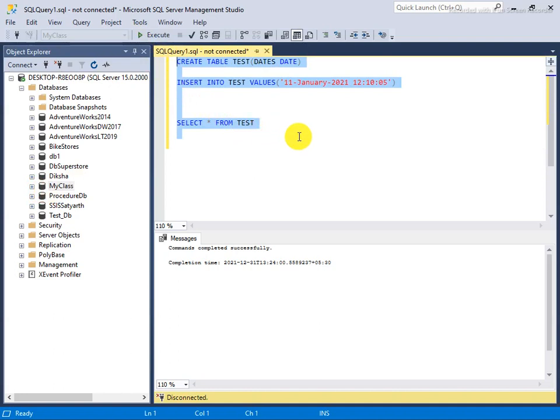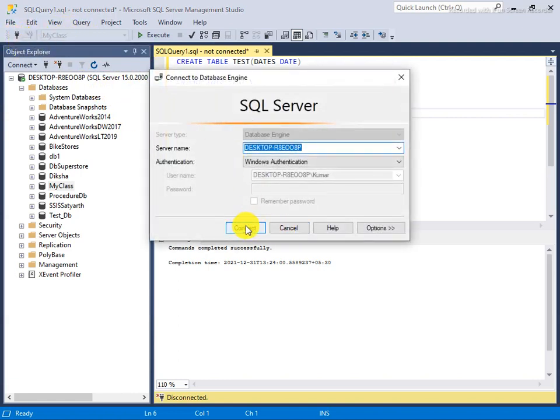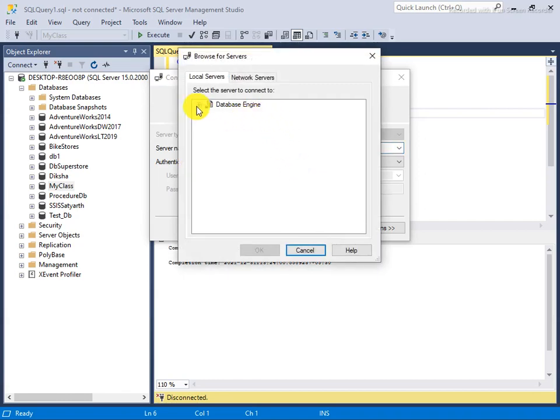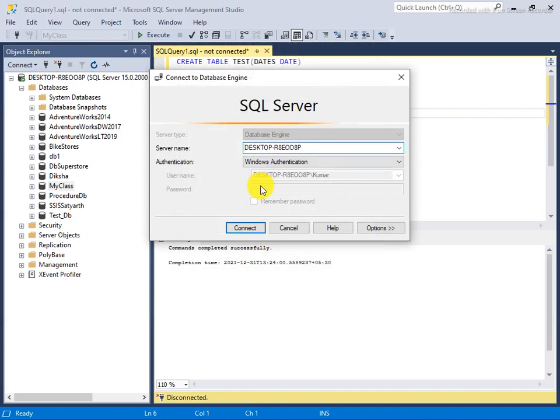You already know how to activate the database in which we are going to work. Right now we are not connected, which is why the database is not showing as an active database. So firstly I need to connect. If you install for the first time, maybe the server name doesn't appear, so you go here, browse for more, and you will find your server name. Then you can easily connect using the server name. If you have already connected, it will come automatically each and every time.